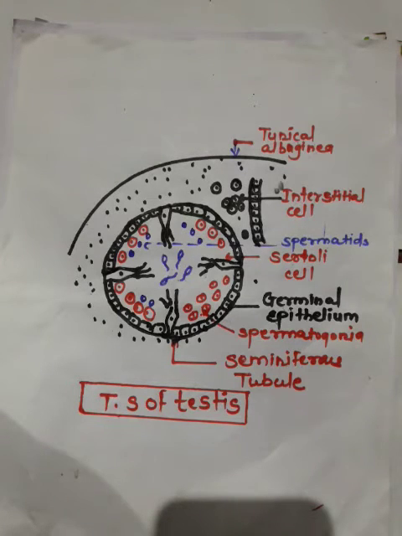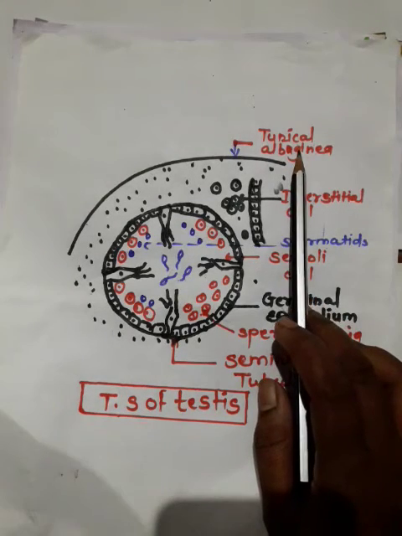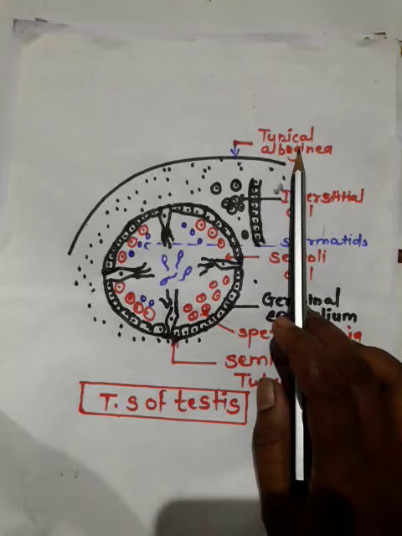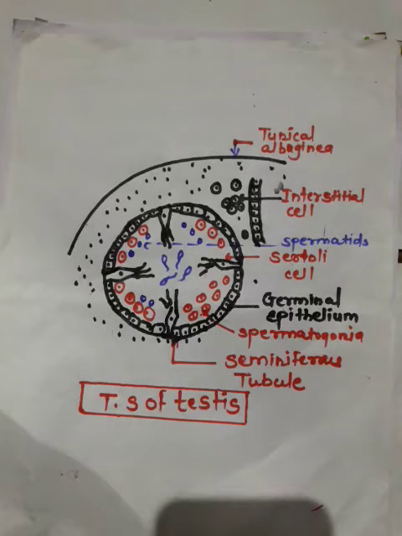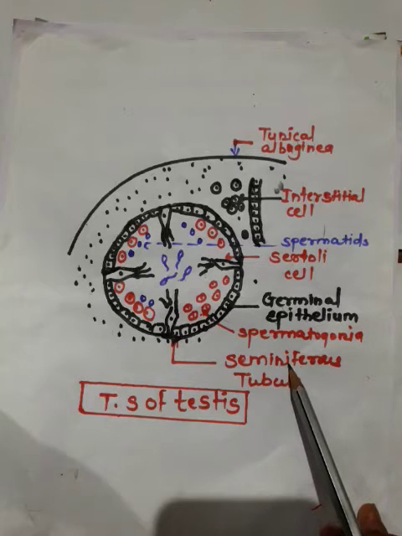Hello students, today we learn the new one point from lesson number 2, that is the histological structure of testes, or TS of testes. Generally, testes is externally covered by a fibrous connective tissue covering which is called tunica albuginea. Fibrous testicular septa divide each testis into many lobules and each lobule consists of about three coil structures called seminiferous